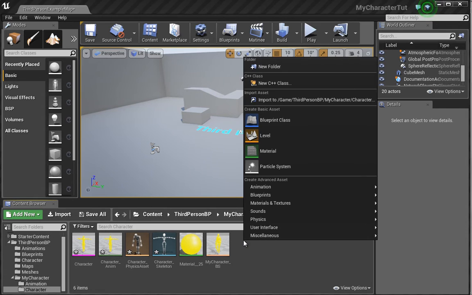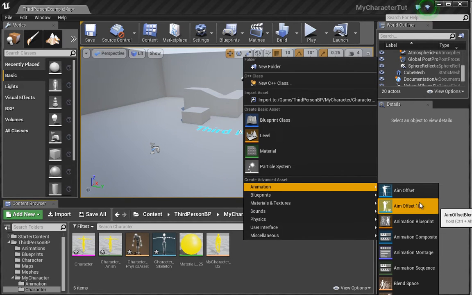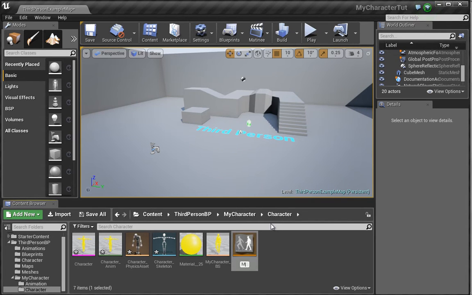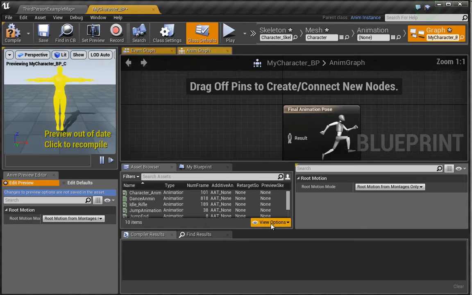So let's right click, we're going to go down to animation, and you see we have this option that says animation blueprint. In here we want to go ahead and choose our character, choose OK, and we're going to call this my character BP for blueprint. Let's open this up,